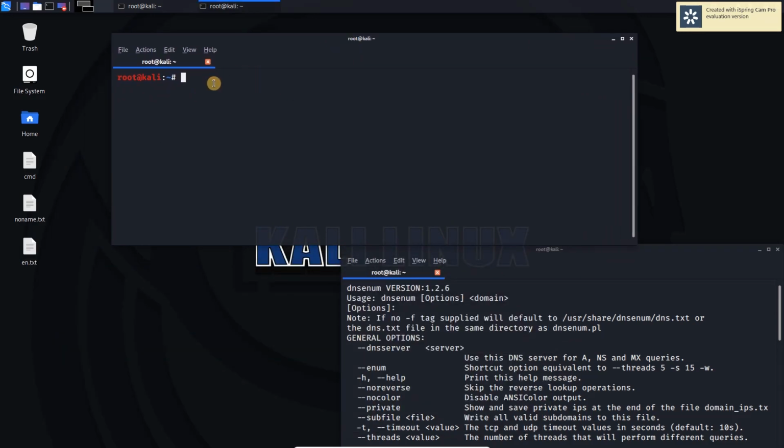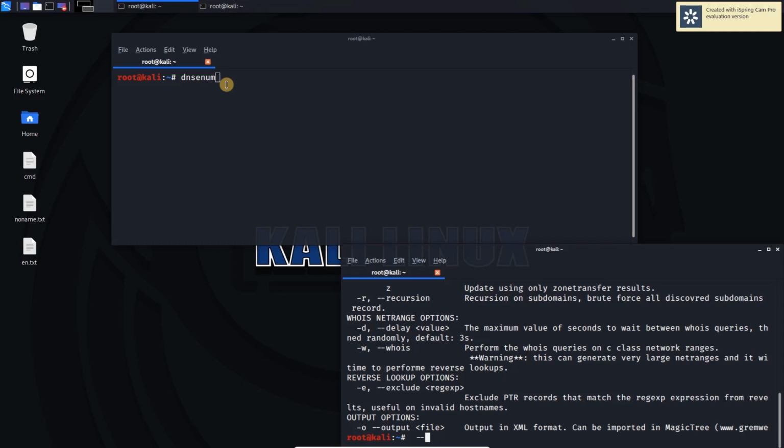So let's try our first enumeration. First we will type dnsenum. You will always get the usage in your help menu, that is dnsenum and then we will use options. Which options are we going to use? First we will use dash enum.